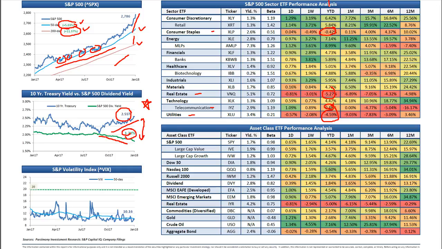We are definitely starting to look at some real estate names, but just like on the macro level, where you look at the S&P 500 and say, is that trend up, you want to look at the micro level within each sector too, and say, is this sector in an uptrend or a downtrend, and is it time to invest in it or not? Are valuations and momentum getting stretched in certain sectors, and is it time to maybe rotate out of some of those and into the ones that have been beaten down? That's what we'll focus on in our market trend tracker. So again, you can see some of these ones in the red. That trend is probably likely to continue